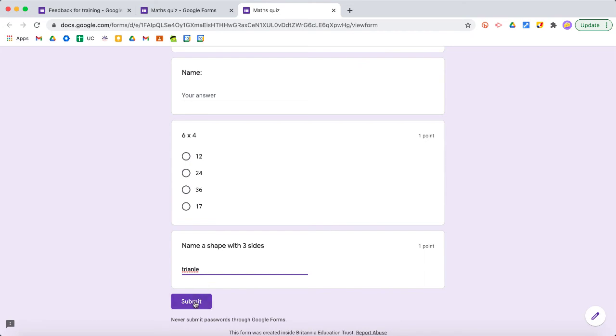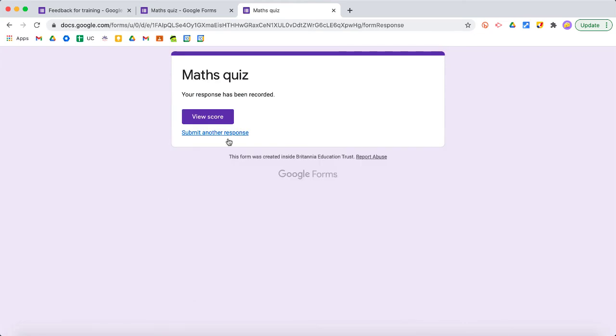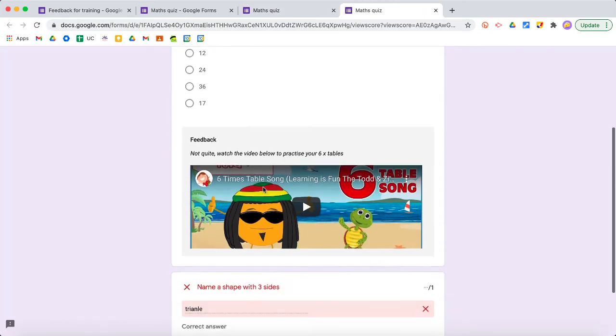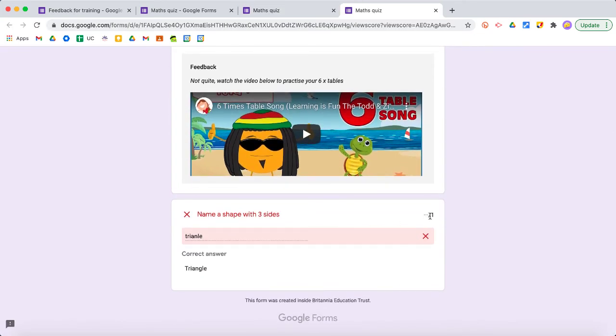So it's probably easier if you stick to multiple choice for quizzes, or if you set the answer as feedback, so that once they click it, the feedback will say, "If you said triangle, you're correct." And it doesn't matter how they typed it, they'll just see that and know that they got it right. I'll show you the example. Here it says, no, you got it wrong, 0 marks, even though I wrote triangle, I just didn't spell it